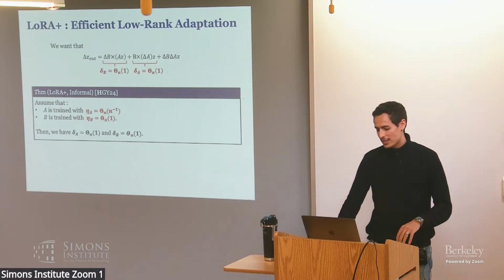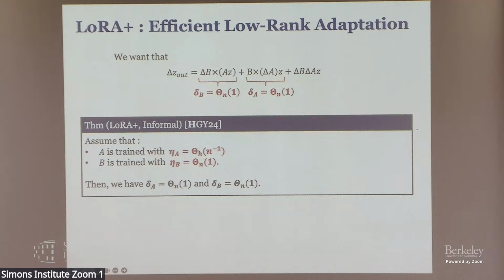Yeah. So in practice, because of these constants in the thetas, what this means is that when you want to update these two matrices, you need to set the learning rates for A and B such that the learning rate for B is much larger than the learning rate for A, because of this asymptotic behavior, right? So one of them goes to 0, the other remains constant.